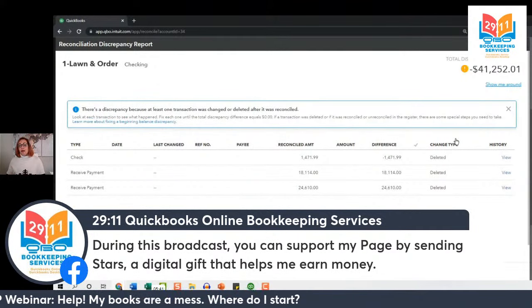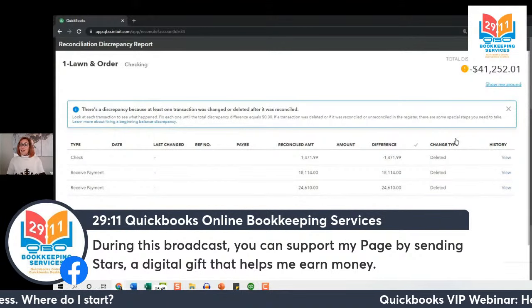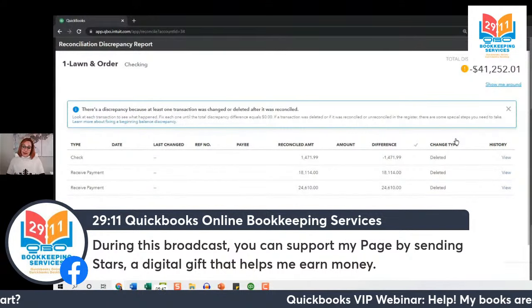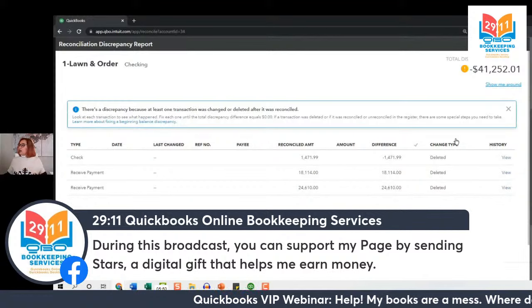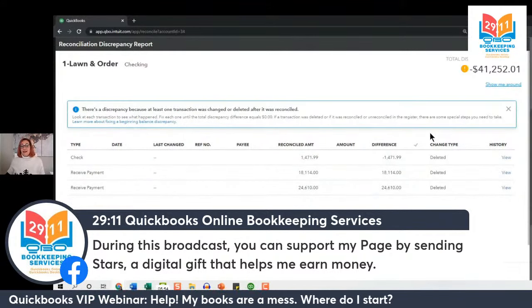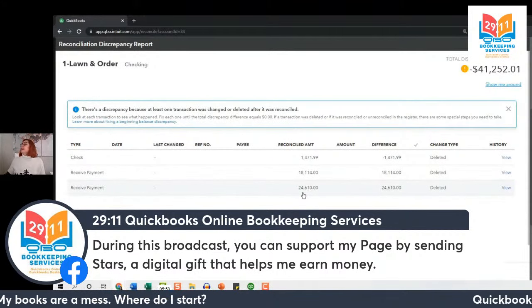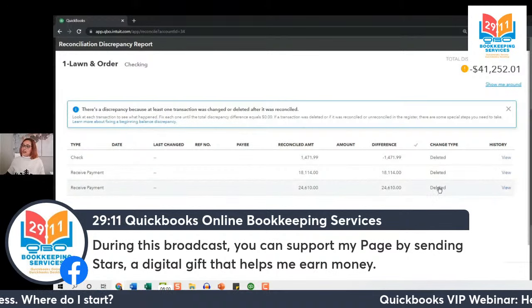If not, though, we may need to enter an adjustment. And we're going to examine what an adjustment looks like in later topics in this class. For me, though, just dealing with these 3 transactions is actually okay. I have a received payment transaction in the amount of $24,610 that was deleted.